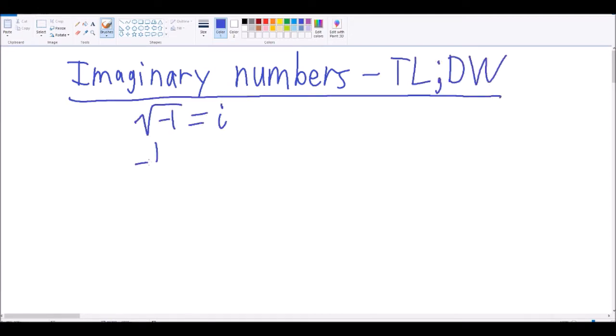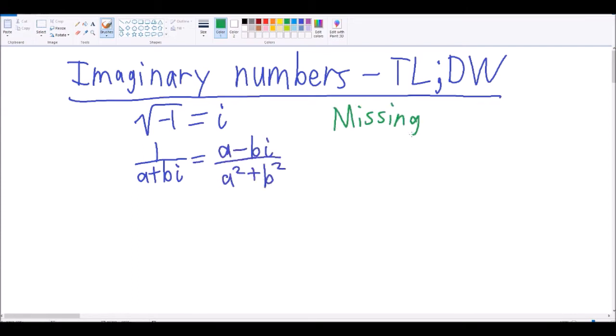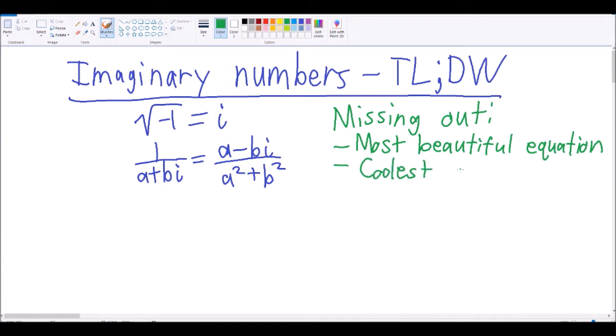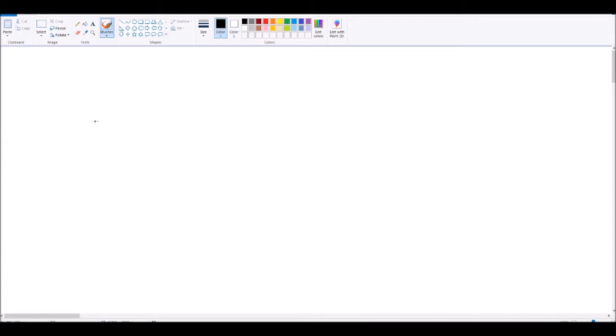Here are the formulas. Let me know what you did with that extra free time, but just so you know, you're going to miss out on literally the coolest fractal ever created and what is considered the most beautiful equation in all of math. To start off, let's ask the question that likely everybody had when they were learning about